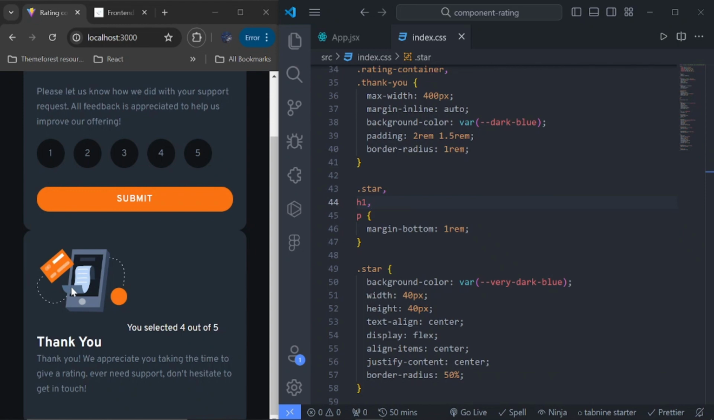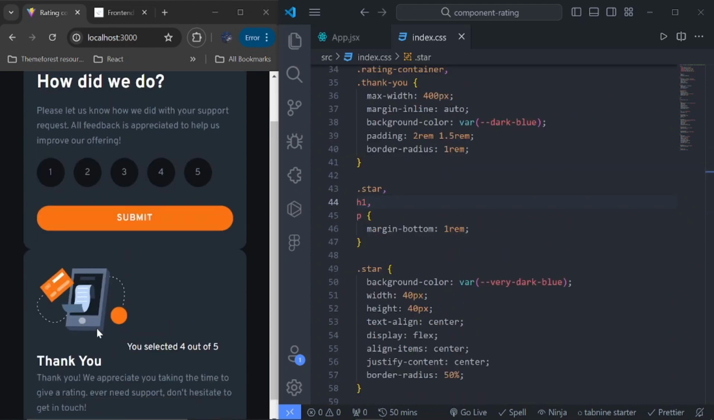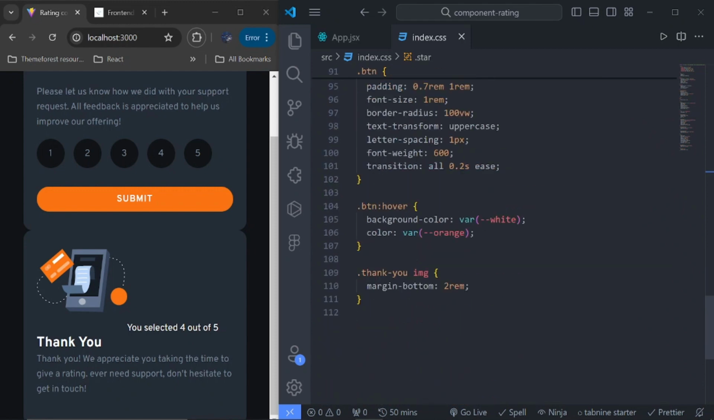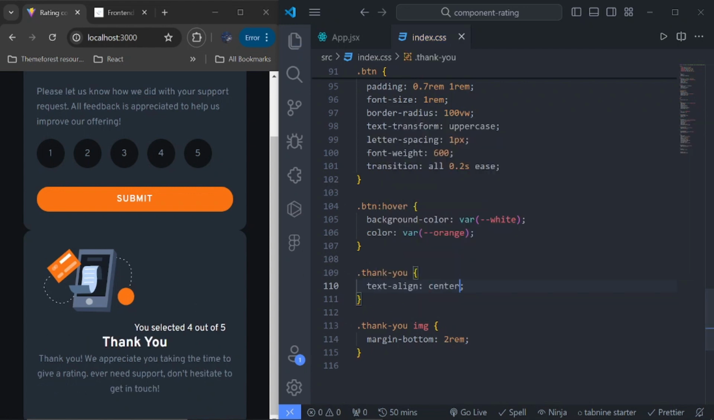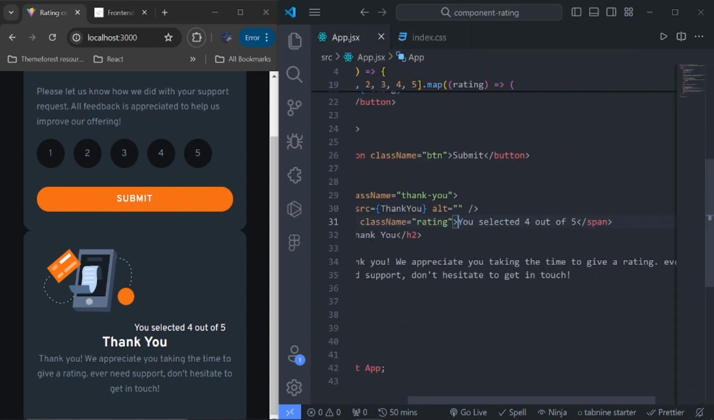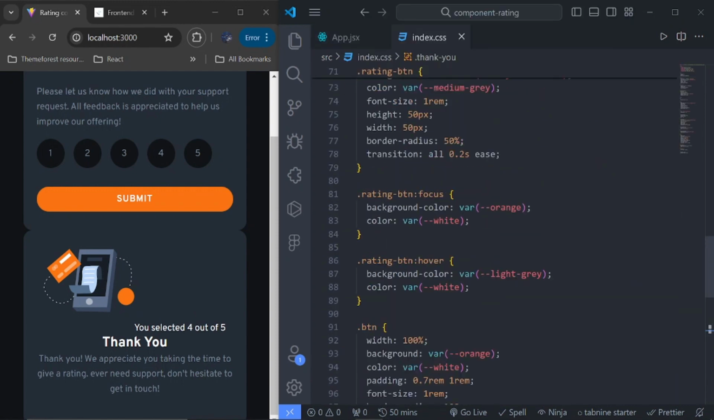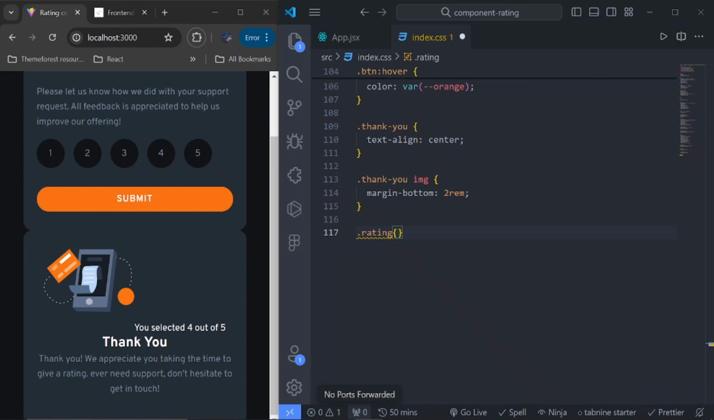So now what we need to do is to center this image right here. So let me grab this thank you, just give this a text align of center. I don't know why this is going to the left, some reasons. So let's get the rating, which is this right here,